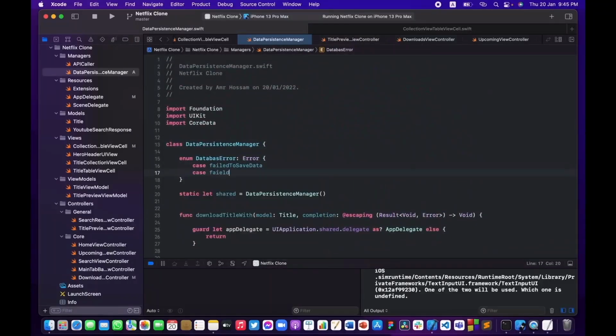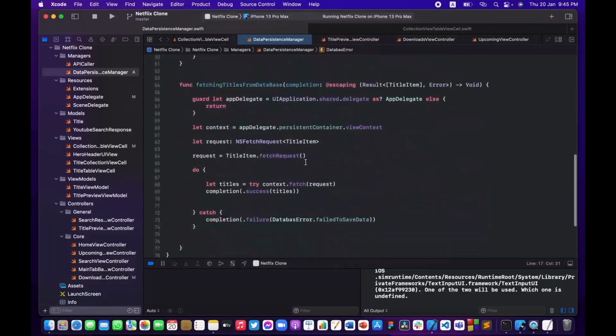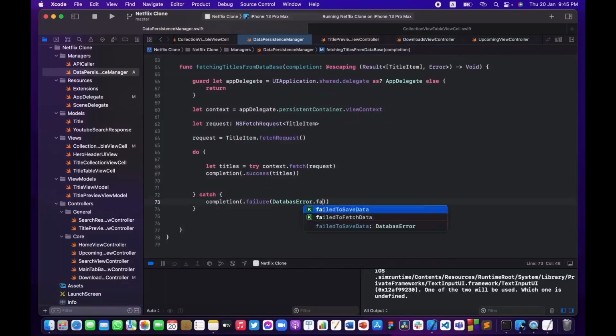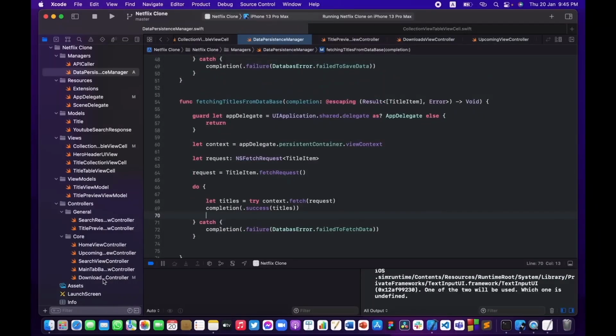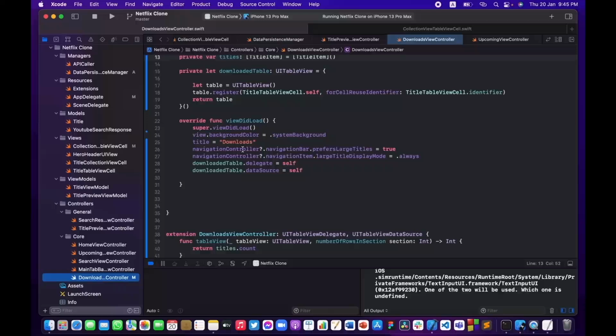So case failed. All right, so failed to fetch data, and I can actually pass that over here. So fail to fetch data. So right now we have our fetching request done. So let me just go back to the download controller over here, and basically I just need to make